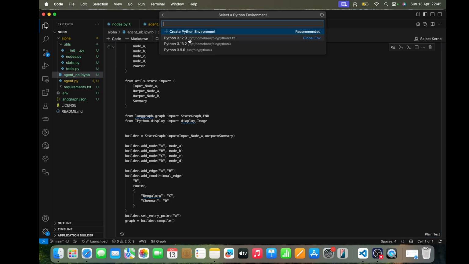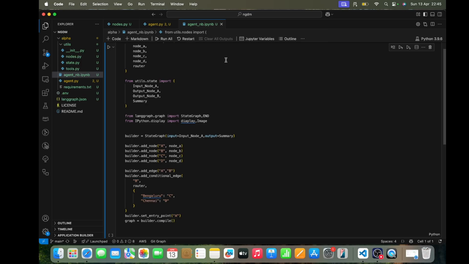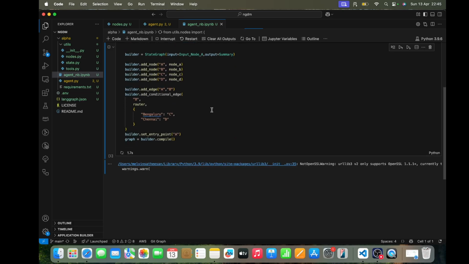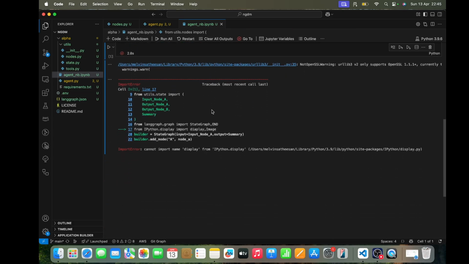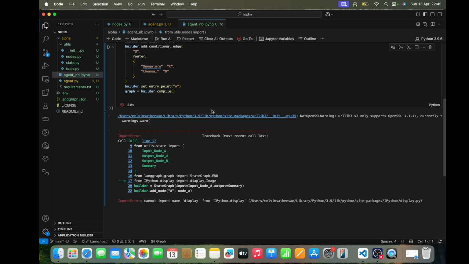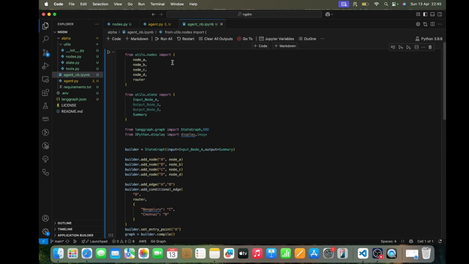So I'm going to select our favorite Python 3.9 point something set. Let's execute it and see whether it is working as expected or not. Okay, there are some errors. Cannot import name display from IPython.display. Why? Okay, it's a typo. Display